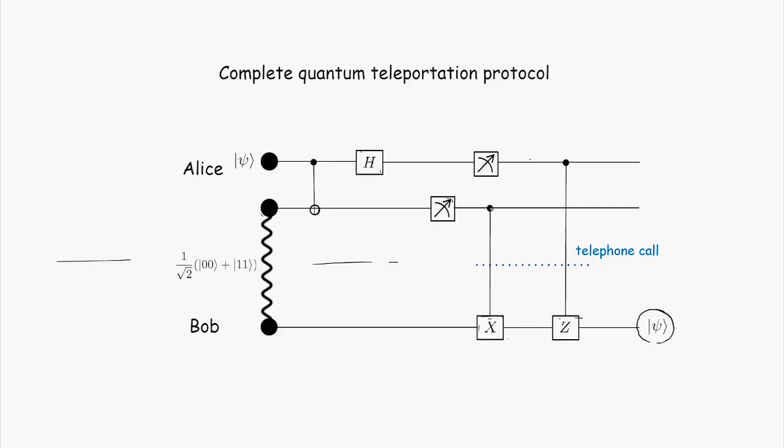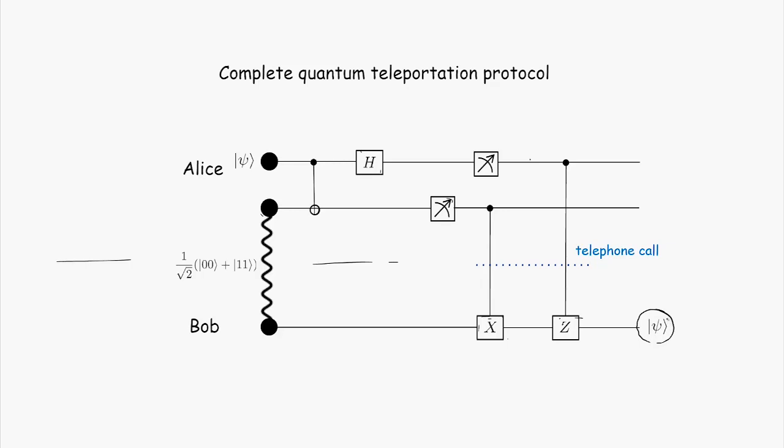In the second case, Alice calls up Bob, tells him apply a bit flip, and they end up in the state alpha 0,0 plus beta 1,1. Now what does Alice do? Well, Alice measures her qubit in the Hadamard basis. She calls up Bob, tells him what the result of her measurement is, 0 or 1. If it's a 1, Bob applies the phase flip and he reconstructs